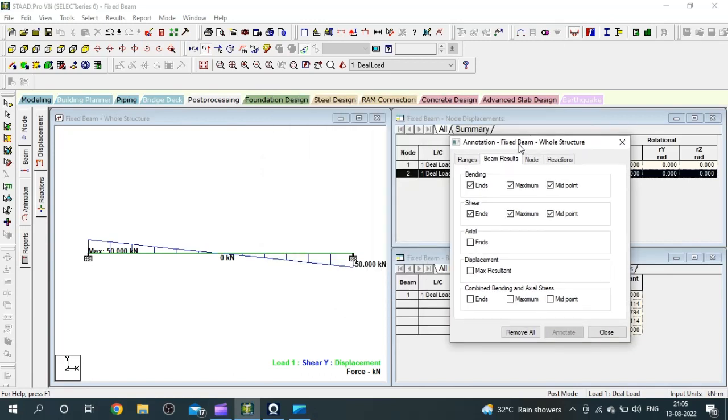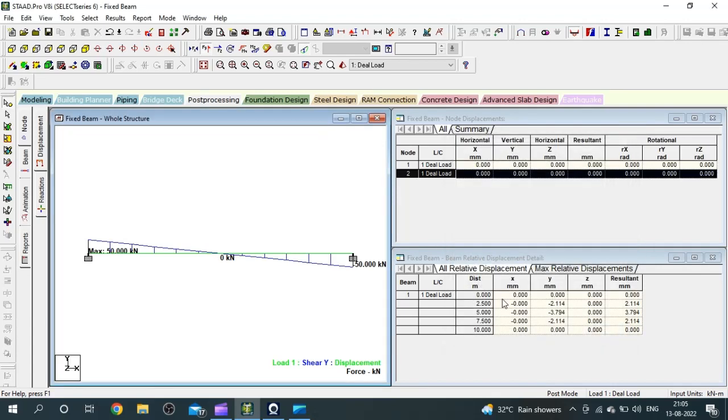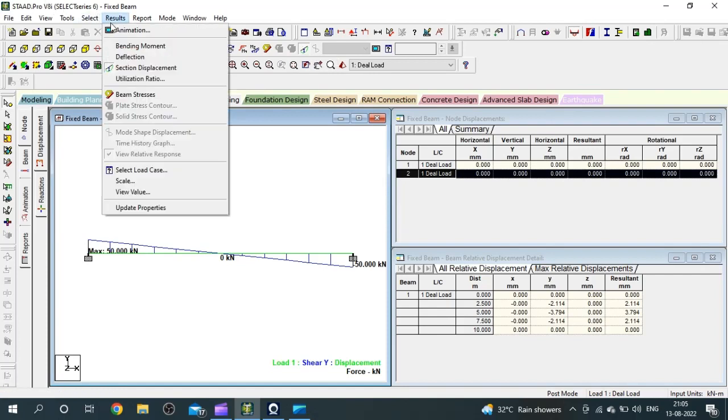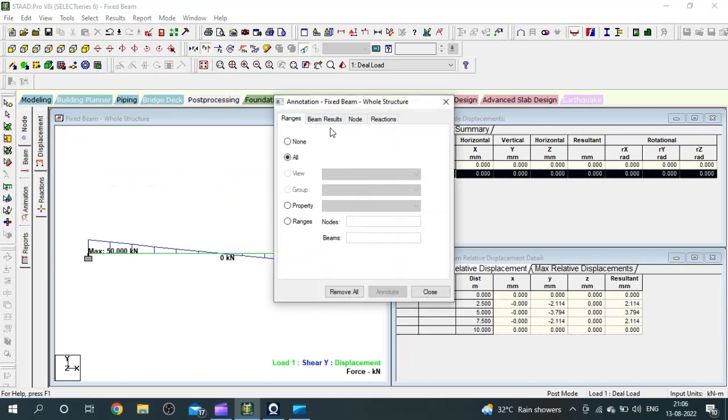Okay, so here you can see that the maximum shear force is at the ends and minimum shear force is at the midpoint, that is 0 kilonewton. Okay, now click on close button. Next, if you want to check or see the deflection value in mm, just click on deflection. After that, result, view value, beam